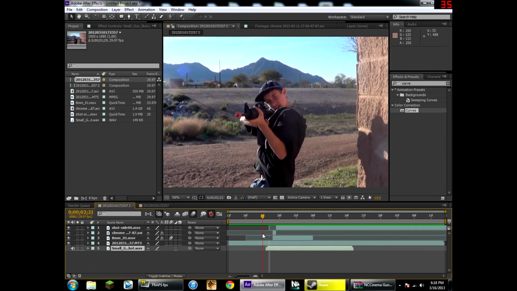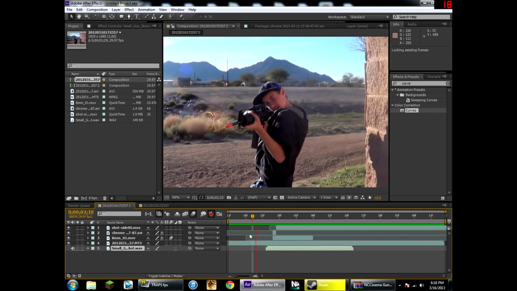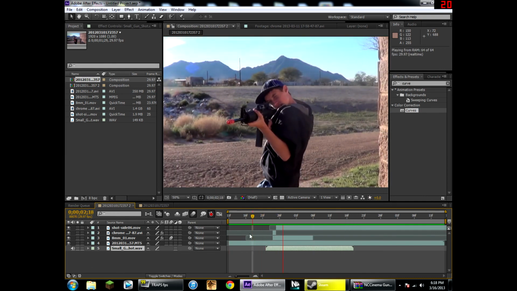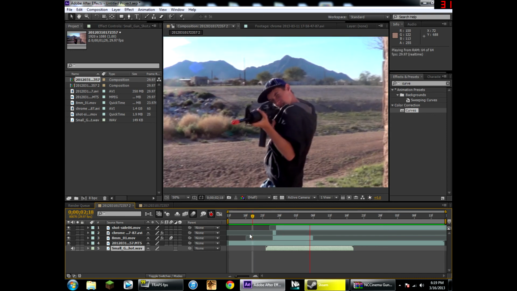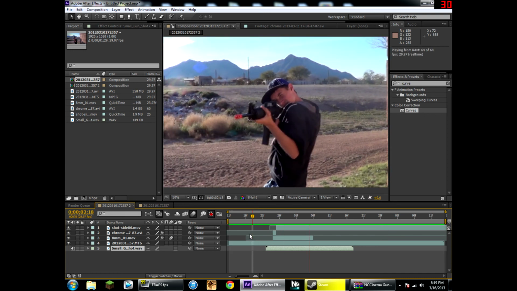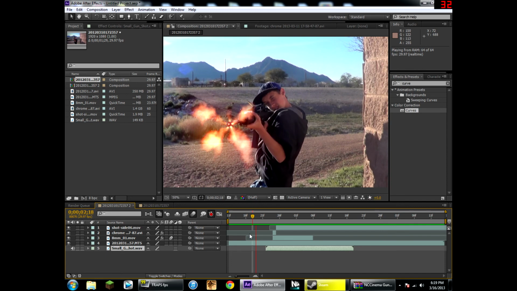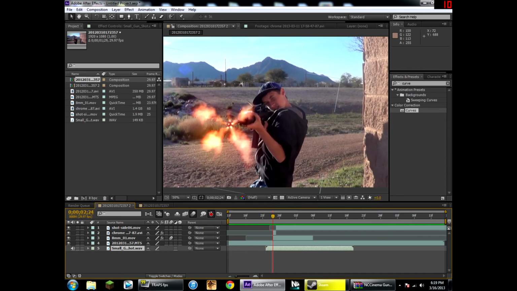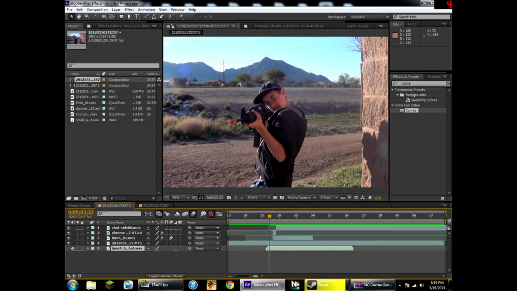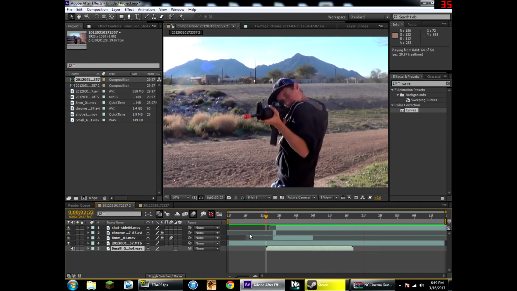A good looking muzzle flash that isn't the Action Essentials muzzle flashes. Because don't get me wrong, the Action Essentials muzzle flashes look great, but they're not particularly realistic. At least the starred ones aren't. And they are the most recognizable overused things in the world. Like, you see a muzzle flash, you instantly think Action Essentials, and then that distracts from the rest of the video. This isn't really going to distract from the video,